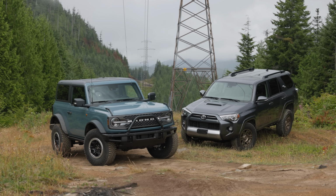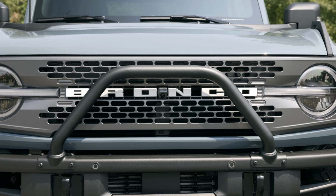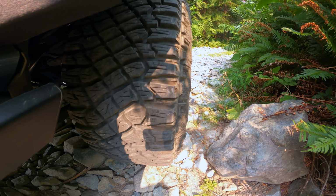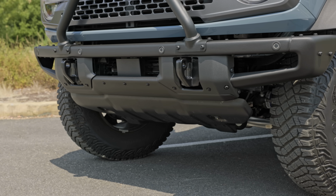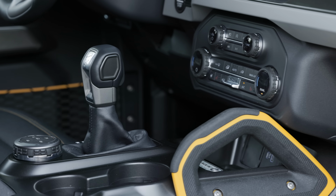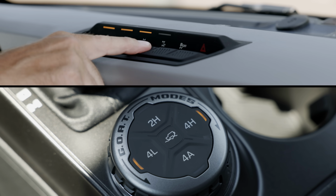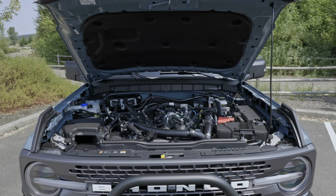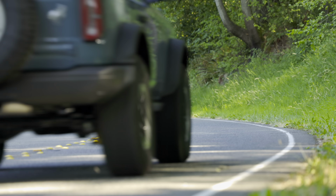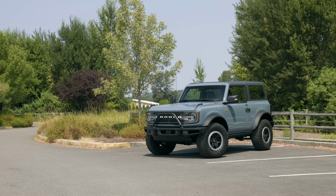First, let's meet the contenders. The 2021 Ford Bronco we're testing is the two-door Badlands with the Sasquatch off-road package. That means it arrived with 35-inch mud-terrain tires, locking differentials in the front and the back, a disconnectable front sway bar, and the advanced four-wheel drive system with a 10-speed automatic transmission and trail control. The engine included was the top-spec 2.7-liter EcoBoost V6, which produces up to 330 horsepower and 415 pound-feet of torque. Price as you see it here,